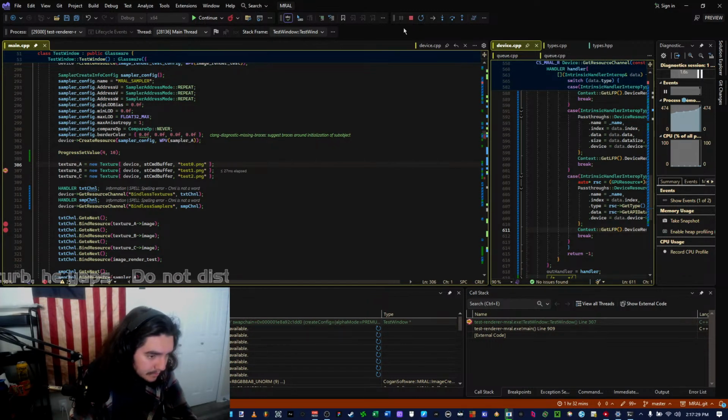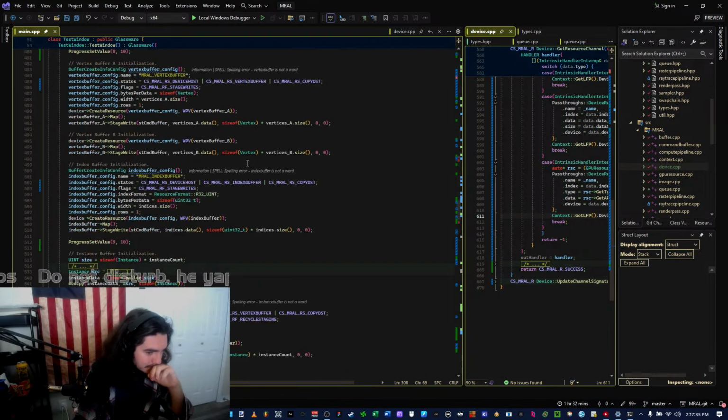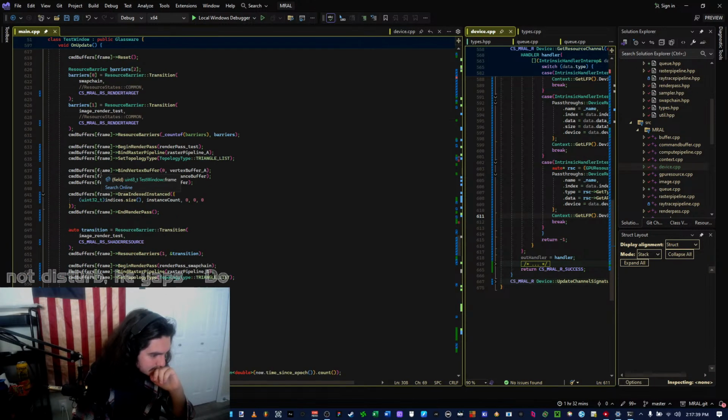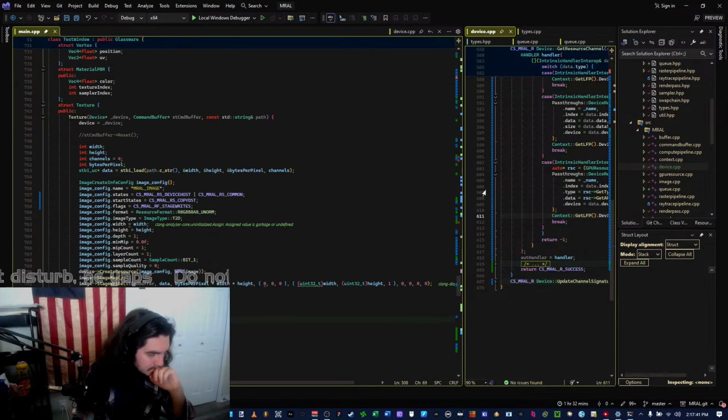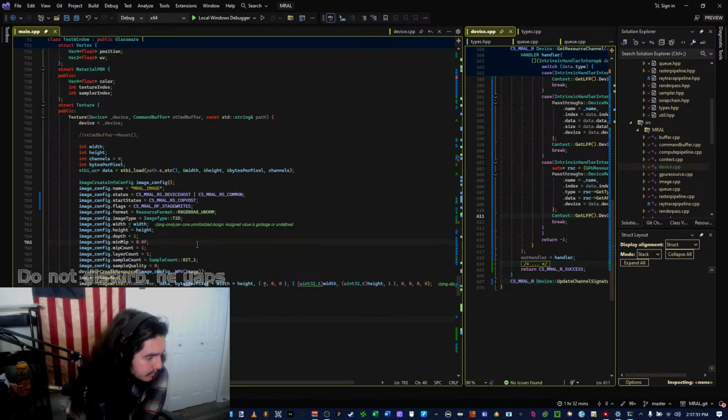Wow. Yeah, that would do it. 8 million pixels in height. It just tried to load.